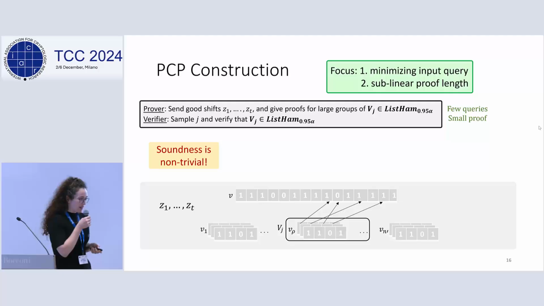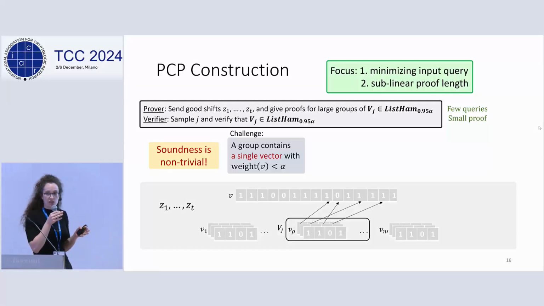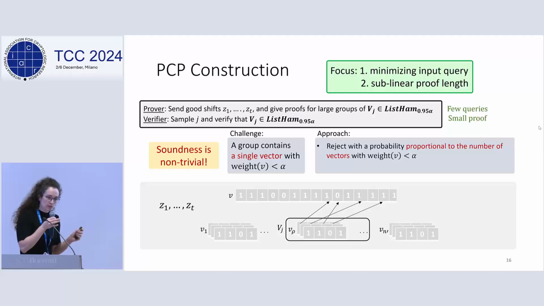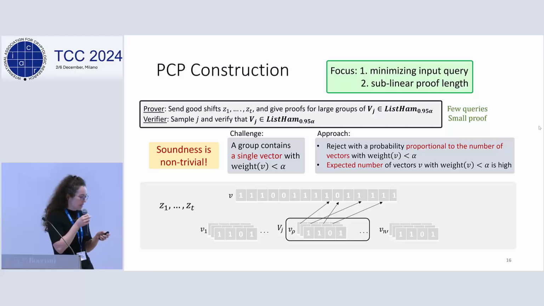So how do we solve that? Our last step is to divide those, I need to wrap up. So essentially we just prove for large groups. This works, but there is a challenge in the soundness, and that's it. Thank you all.